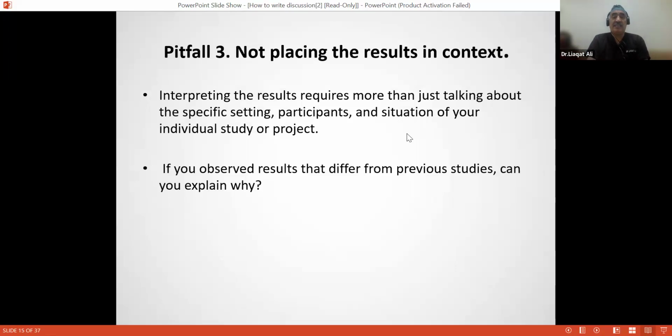Okay. So interpreting the result should be in line with the context. It does not mean that my study has shown this mean percentage or mean age and so-and-so has shown this mean age. If your result differs from the previous study or the recent studies, you should explain why. This is basically what we need from you in the discussion. We do not need a replica.